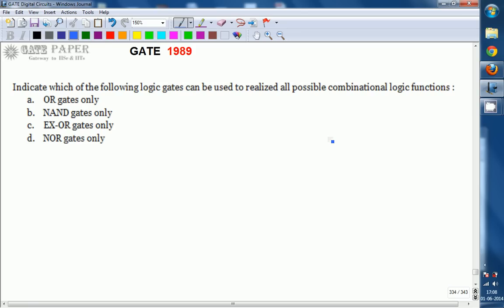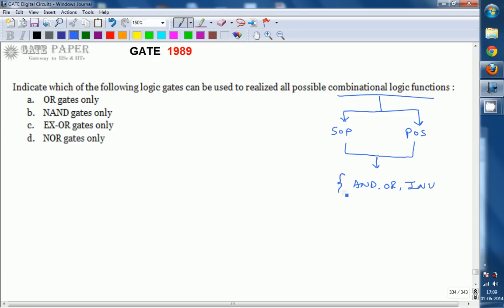Okay. So first of all, any combinational logic function can be represented either by using SOP form or by POS form. That implies nothing but sum of products or product of sums, which may consist of true as well as complemented variables. The variable may appear in true as well as complement form in those product of sums as well as sum of products. So to represent this, if you are going with a set of gates, that implies nothing but AND, OR, and inverter.